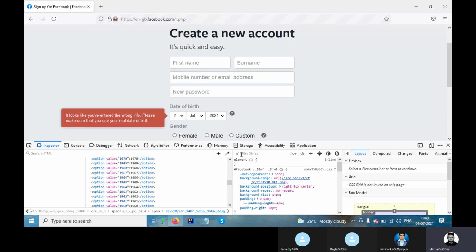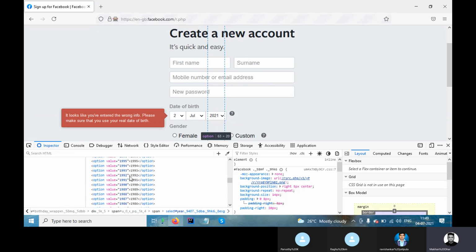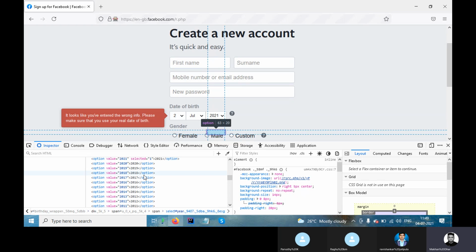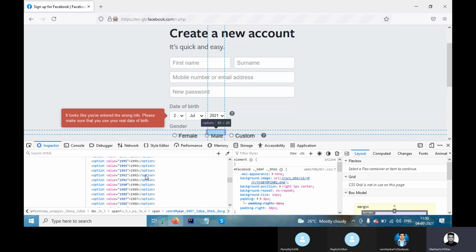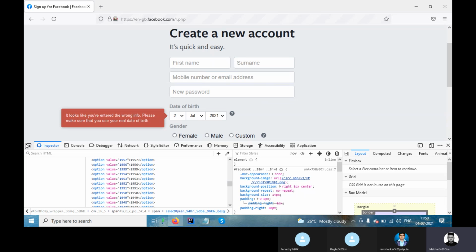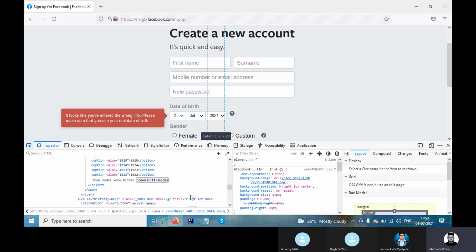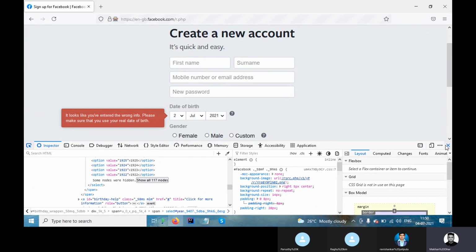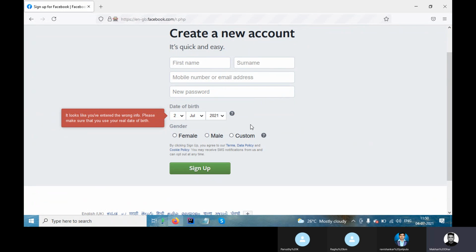Is it clear? Yes. So don't try if you are not getting any option like this. Okay, in that case they have hidden all the information at the HTML page level. So you will not be able to interact with all these elements using the select class. So in HTML, the developers can hide it. Okay, so you will not be able to see that. Okay, now this is done.